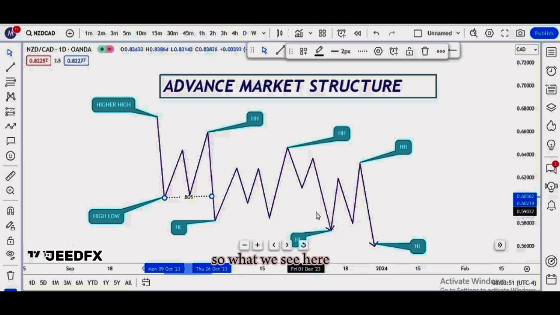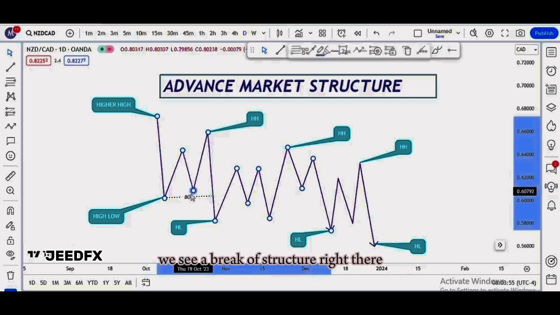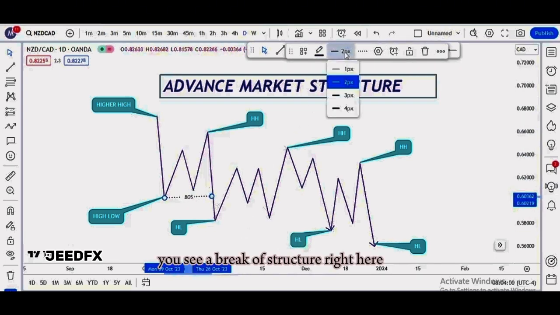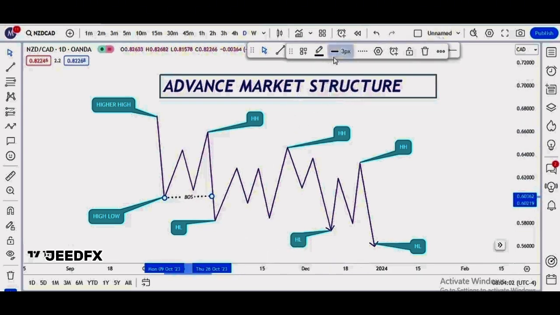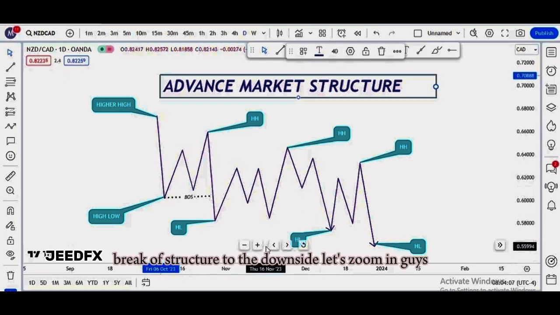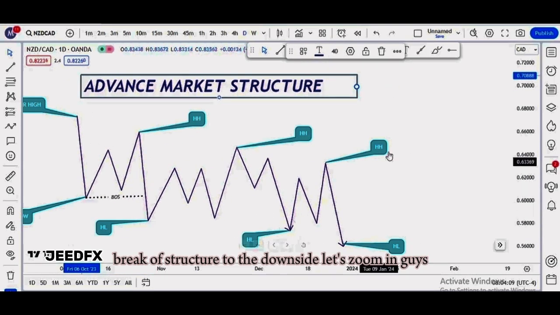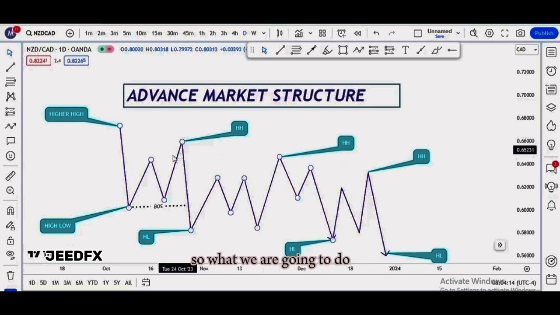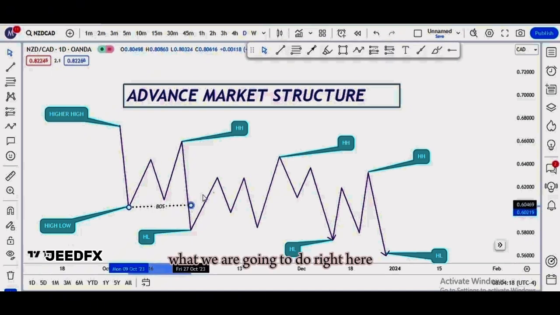So what we see here, we see a break of structure right there. We see a break of structure right here. See a break of structure here. Break of structure to the downside. Let's zoom in, guys. Break of structure to the downside. So what we are going to do right here